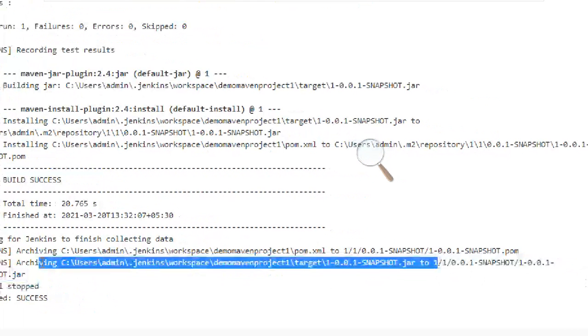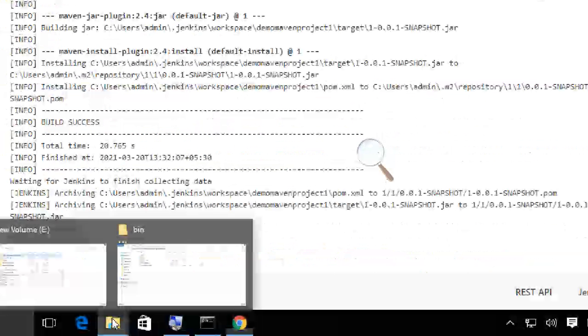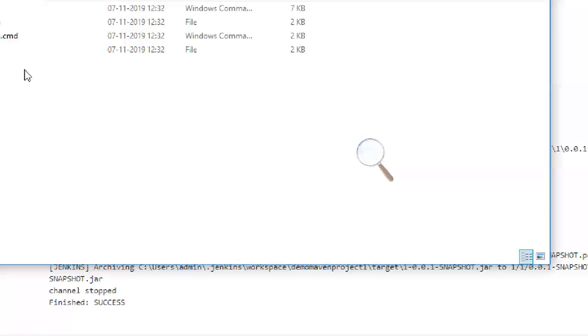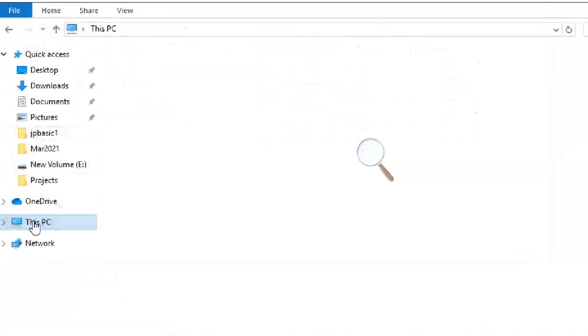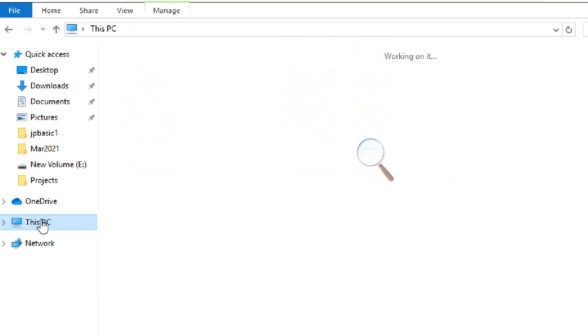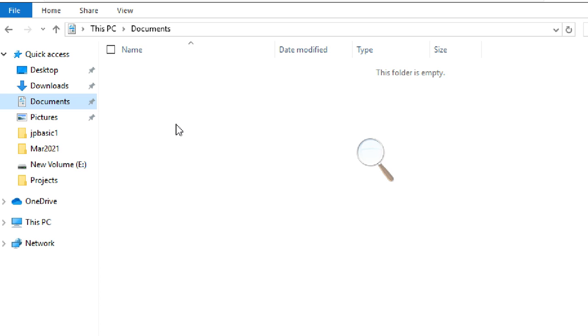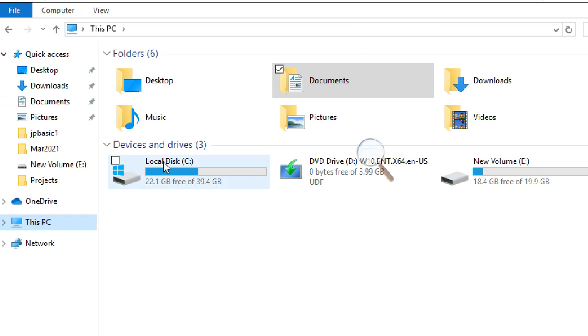So this jar file is created and archived. If you want to see where it is created, I will show you that one. Okay, it is located in documents, empty folder.